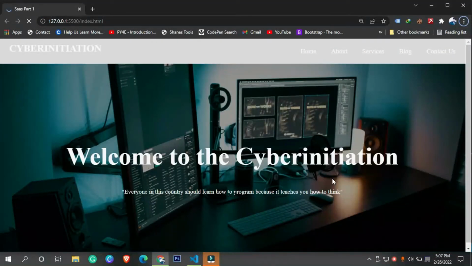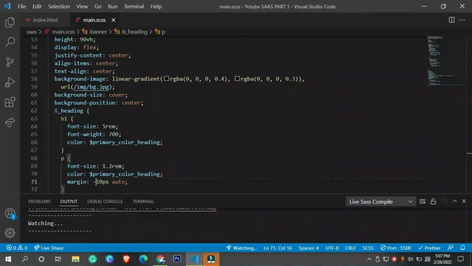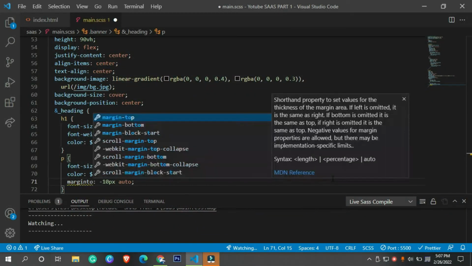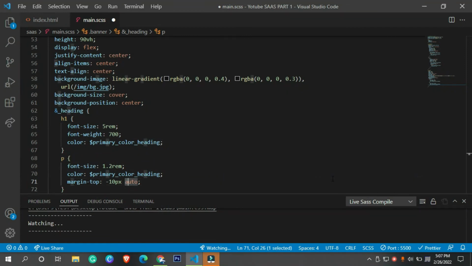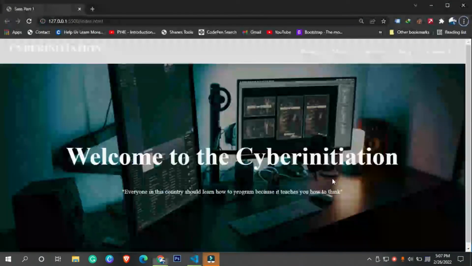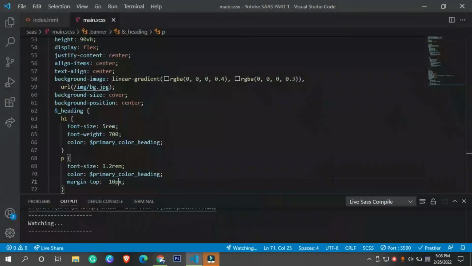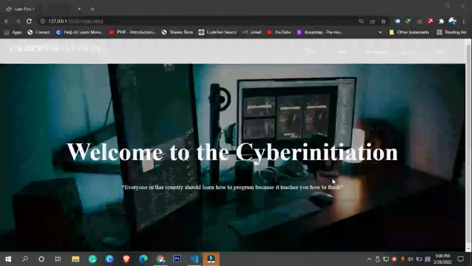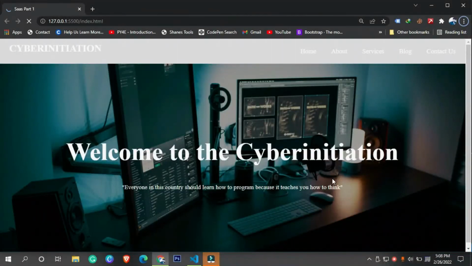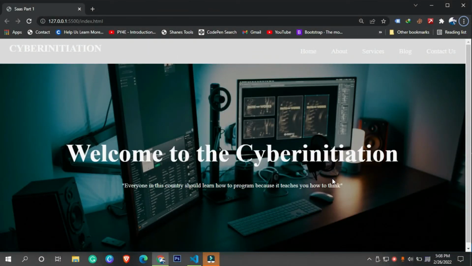So I'm going to use margin from the top, and let me remove this auto and 10 pixel. So from the top I'm having this margin in this way, or let's say minus 20 pixel. That's it.